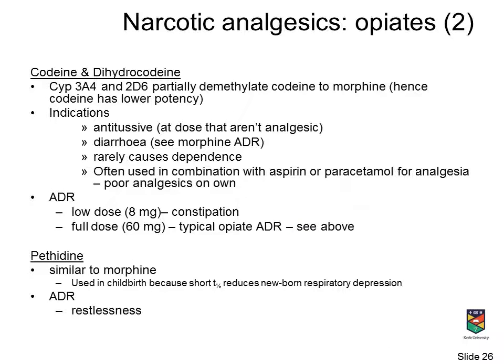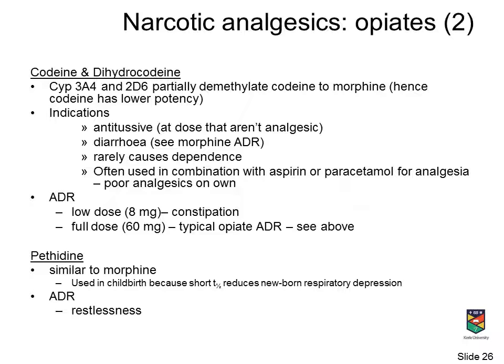So codeine and dihydrocodeine are prodrugs. They're demethylated to morphine, but only a fraction of the drug gets demethylated to morphine, and so they're less effective as analgesics than morphine. But that has its advantages too, because only a fraction of it gets converted to morphine, so it's less likely that patients are going to become dependent on codeine, and as a consequence, you can use